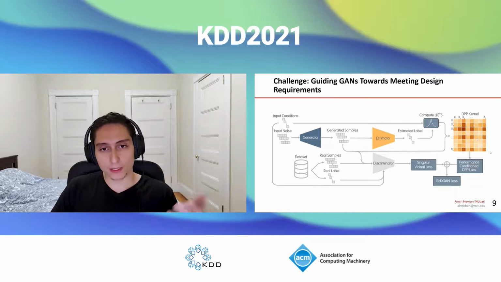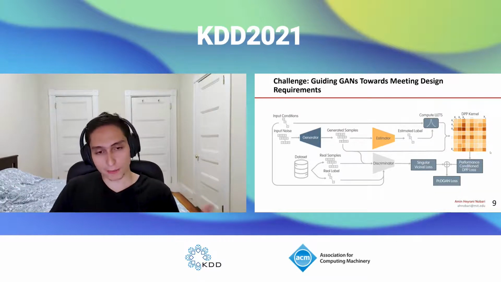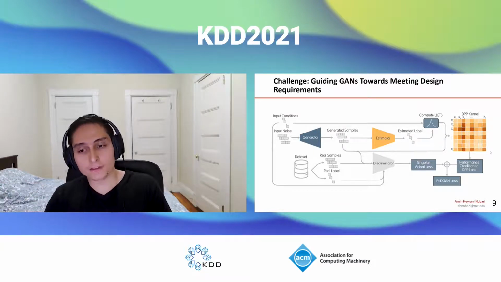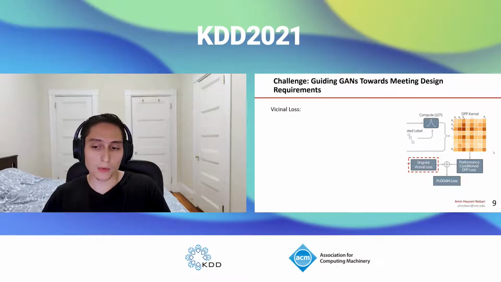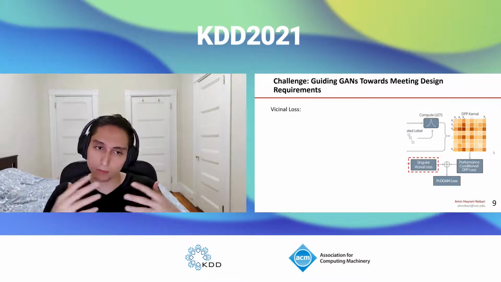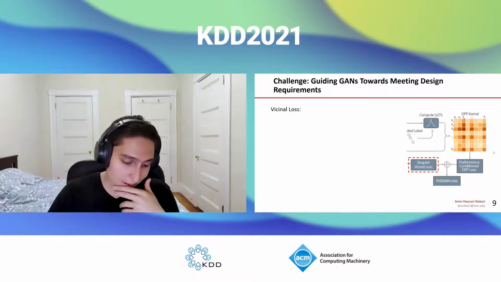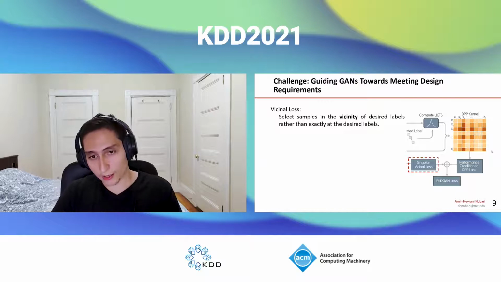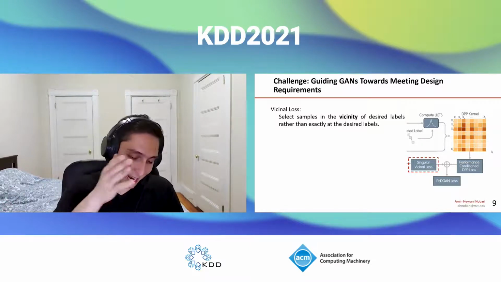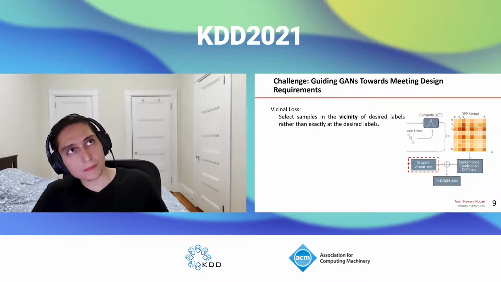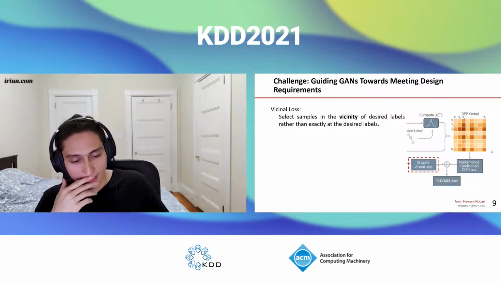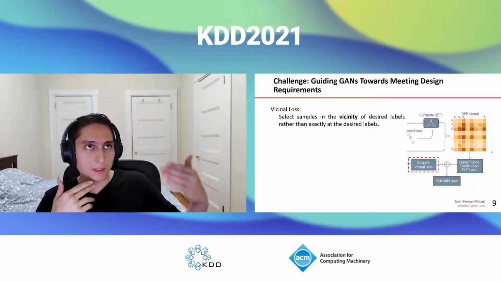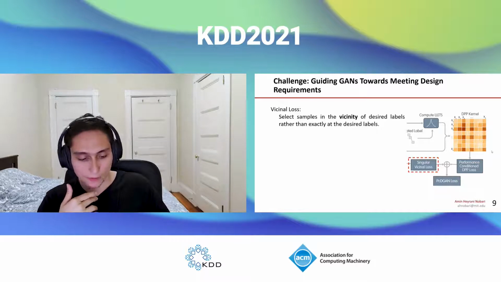So how do we deal with this? How do we move forward in meeting specific requirements? Instead of applying the typical empirical loss that GANs have for conditioning, we move towards a singular vicinal loss, or more importantly here, the vicinal loss. Now, the vicinal loss is basically sampling during training in the vicinity of a desired label rather than exactly at the desired label. For example, this is a specific property of continuous spaces: when a specific label is required during training,